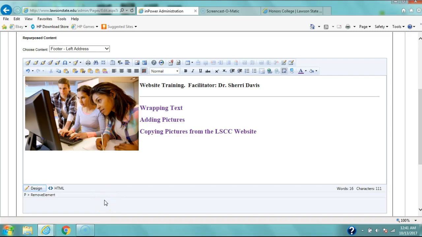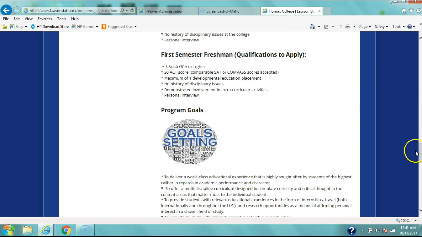In this brief video, I'm going to show you how to wrap text, add pictures, and copy pictures from the LSC website onto your page. So wrapping text, as you can see here, this text is wrapped to the right side of the picture. And that's important because when you're building a website, and I'll show you one page, when you're building a website,